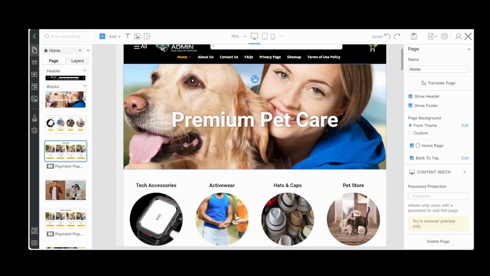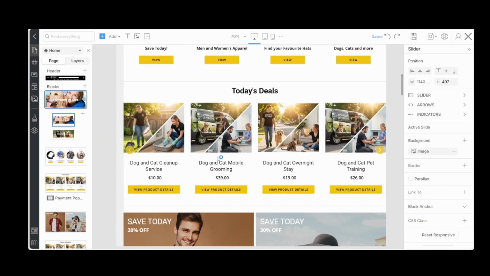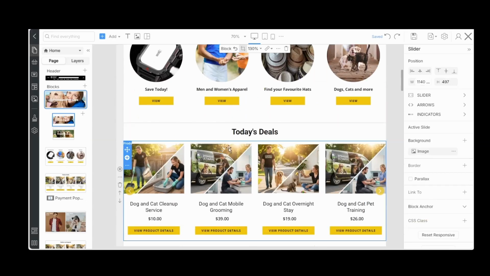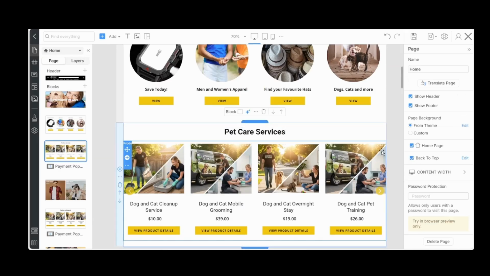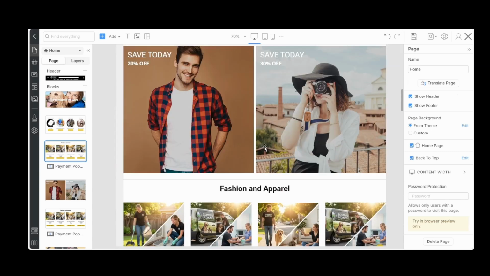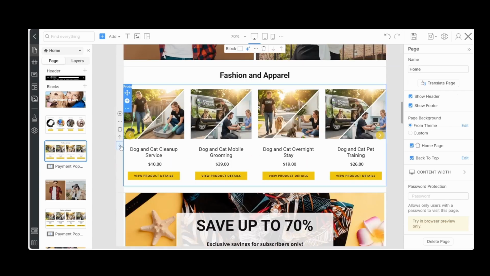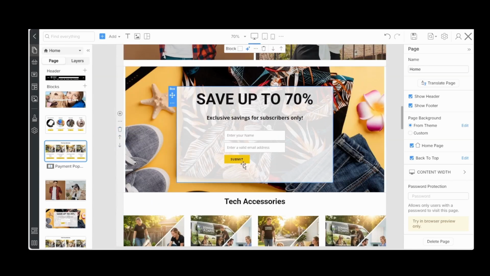So let's decide what blocks and elements are we going to keep. Well, let's keep this since it's right there on the front page. We'll rename that. Right now, we're going to keep this. We do not need that. We'll keep that.